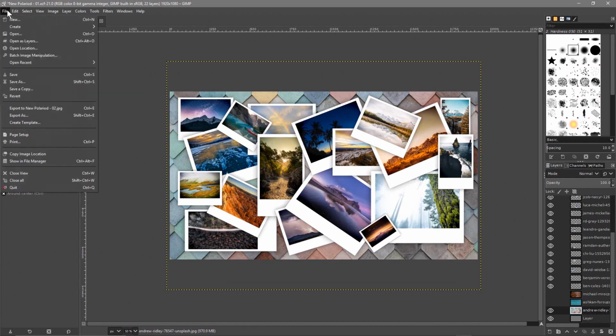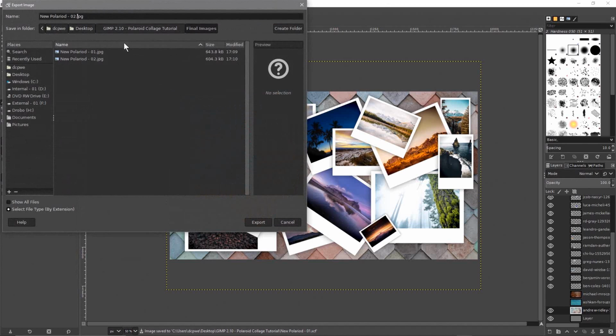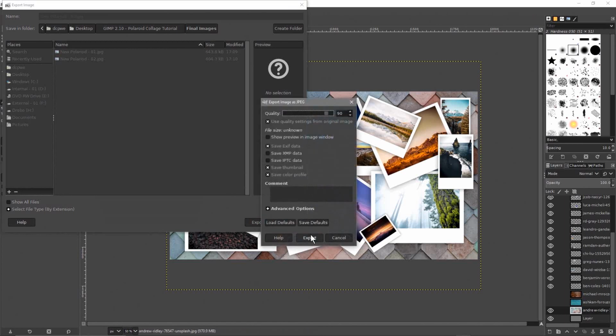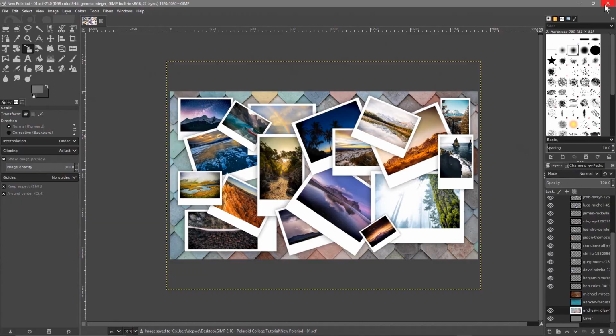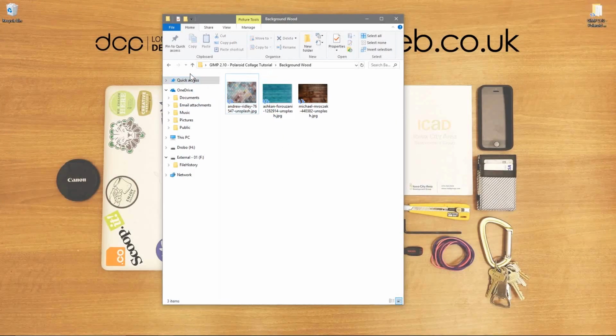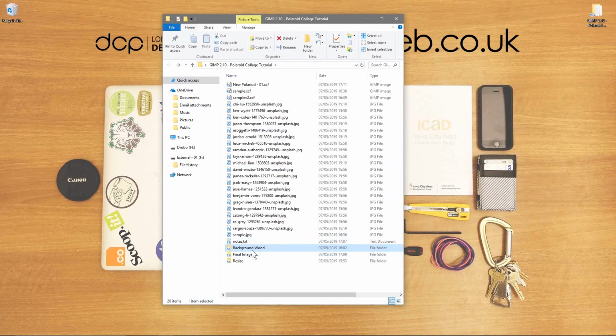Let's go to File, Save, File, Export as version 3. And let's click Export. And let's click Export. Let's go to File, Save. Now we can close down GIMP. Let's close it down. And then in that folder, so we created this